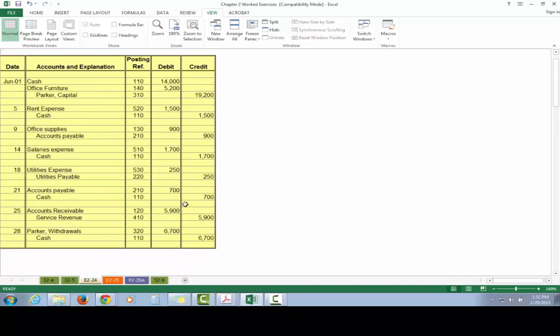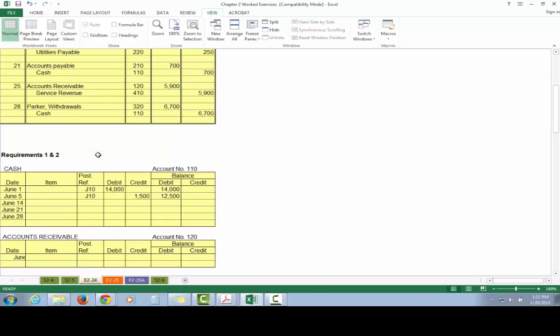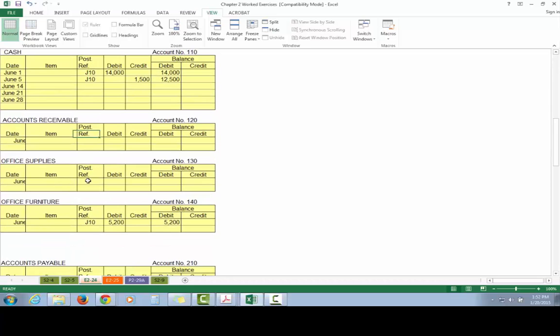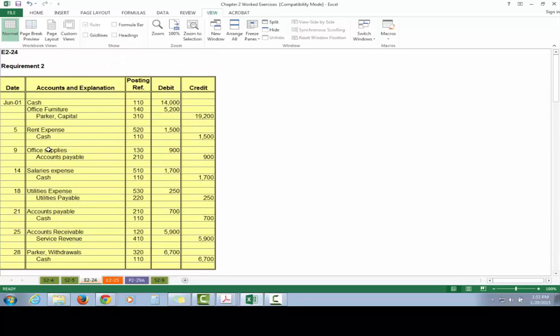Okay. So now let's look at the third journal entry we had up here. It says debit office supplies and credit accounts payable for $900. So we're going to debit office supplies. And then credit our accounts payable, $900. Okay. Then we've got